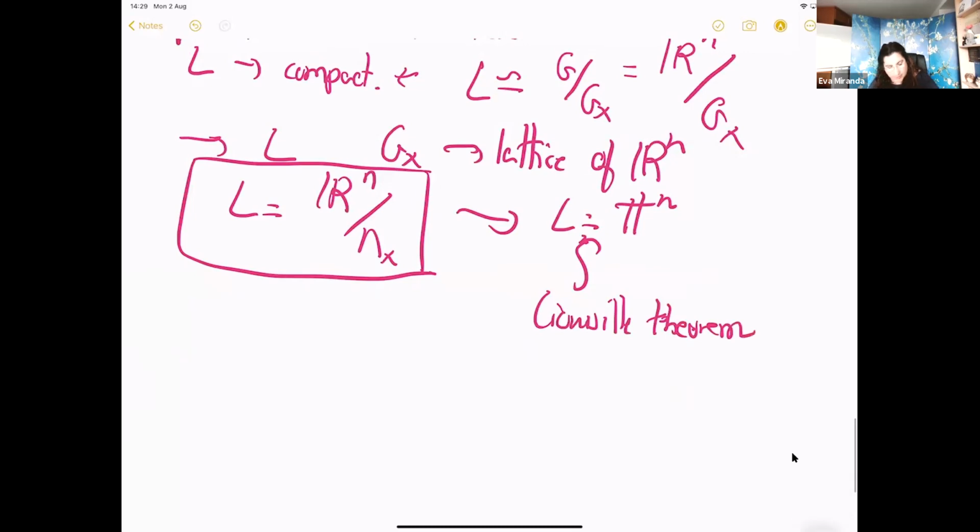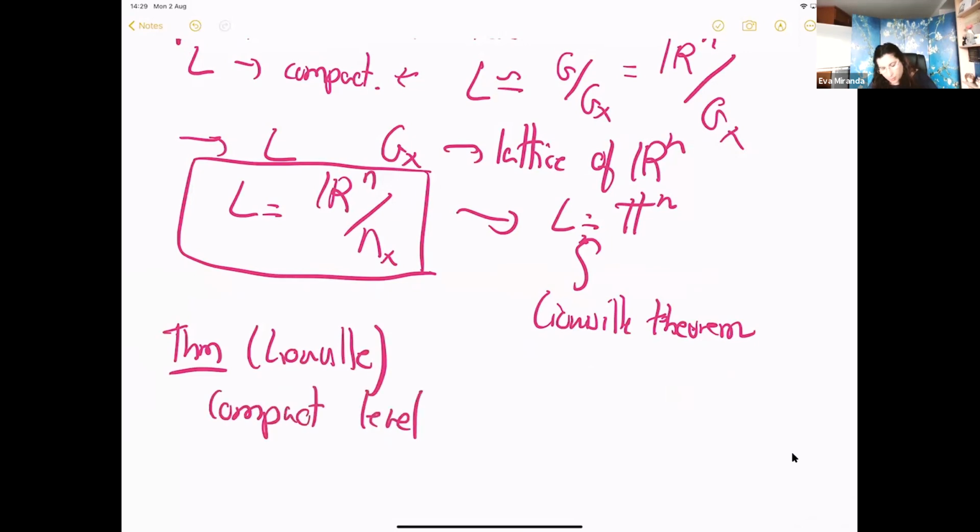That tells you that the compact level sets of an integrable system are tori. There is a neat game here between fibrations and orbits of Hamiltonian vector fields of the distribution. And it's quite a clever game. It works because we are in the Lagrangian setup. So compact levels of an integrable system